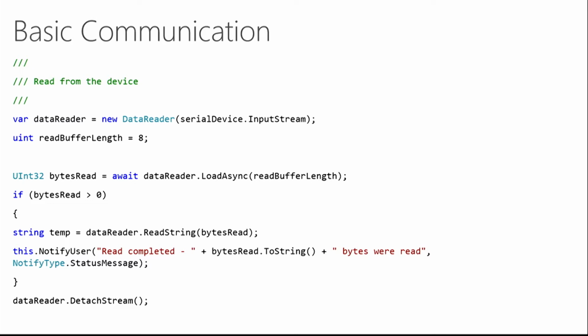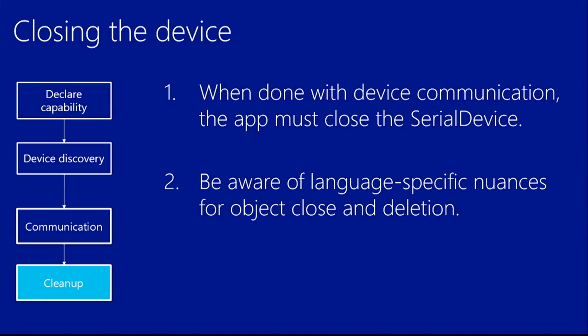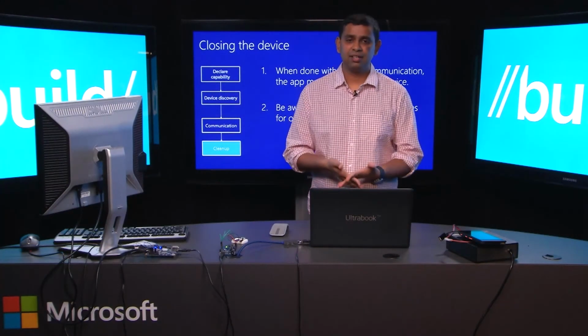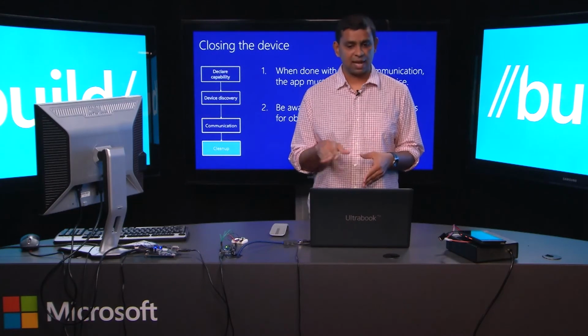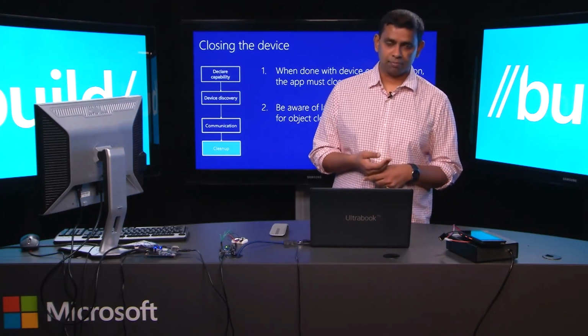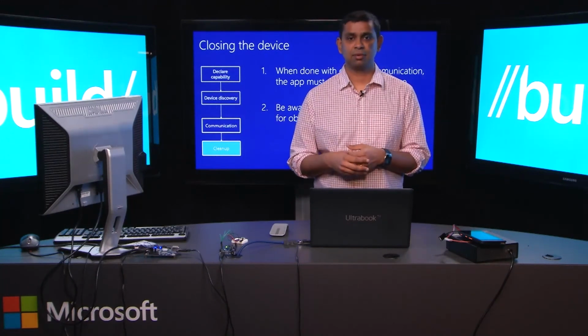There are a few other events and so on, which we've left as an exercise for the reader. Finally, we should always remember to clean up after we're done doing any kind of I/O with the device. So the first thing the app must do is to close the serial device, which underneath the covers essentially ends up closing the handle to the device so that other apps or other entities in the system can start using